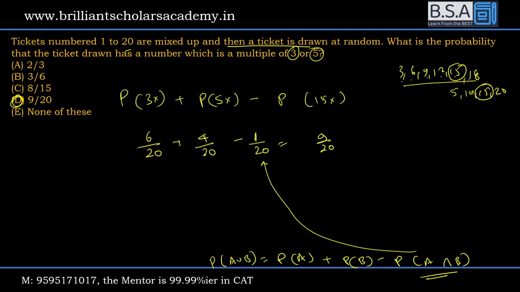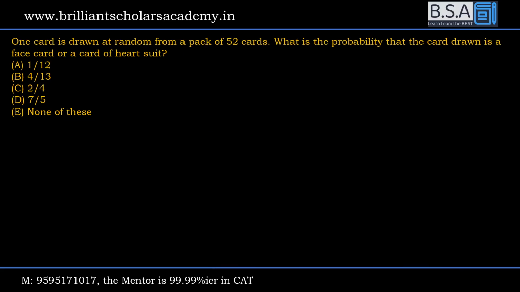Good. Moving on. Try this. बहुत ही आसान है। आपको वन कार्ड ड्रॉ करना है 52 में से। What is the probability the card drawn is face card or a card of heart? हाँ, यहाँ थोड़ा इशू आ गया। There is a common overlap. सोचो सोचो सोचो, टेक 2 minutes। आपको चाहिए एक ही कार्ड। इट शुड बी आइदर अ फेस कार्ड और अ कार्ड ऑफ हार्ट।